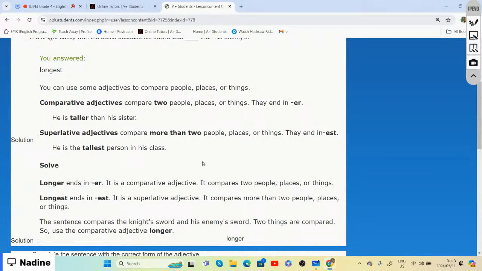We have a comparative adjective as well as a superlative adjective. Comparative means that we are comparing two people, places, or things, and they end in er. And superlative adjectives,